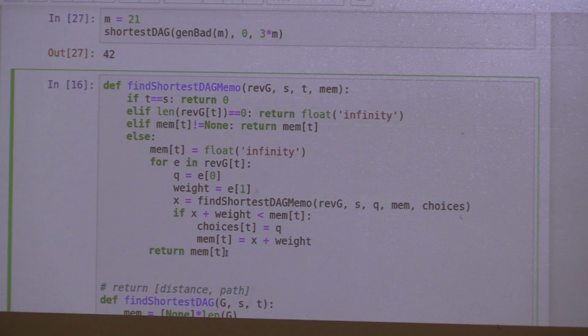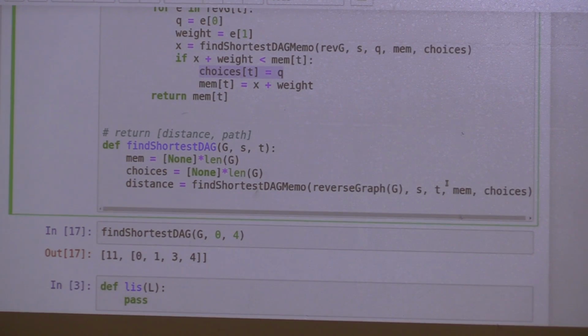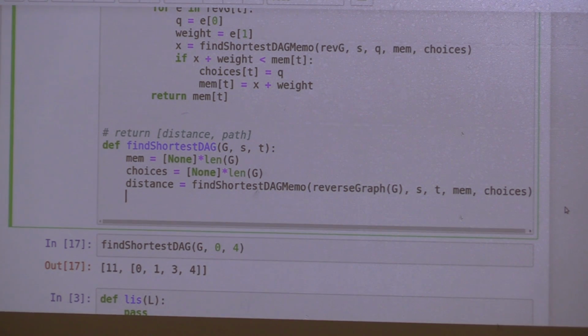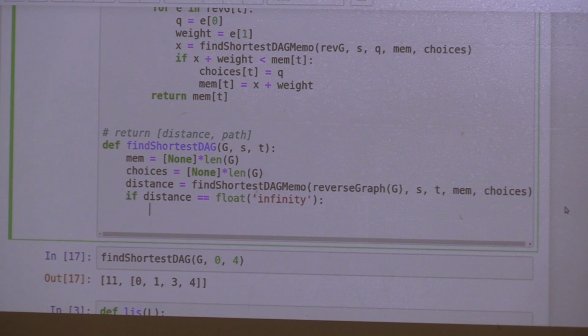Okay, so that's it. The only thing I changed is I added this line to keep track of the choices. Right? What choice did I make? I chose to go through Q because it's the best choice so far. Okay, so now let's actually reconstruct the path. First of all, if the distance is infinity, it's impossible to do it. I'll just say that there is no path. So return distance and the empty path. It's impossible. Otherwise,